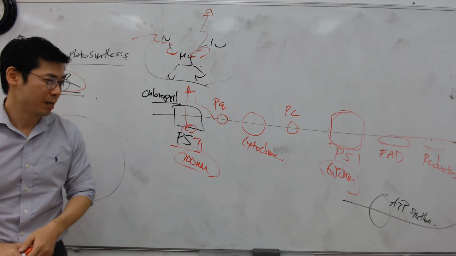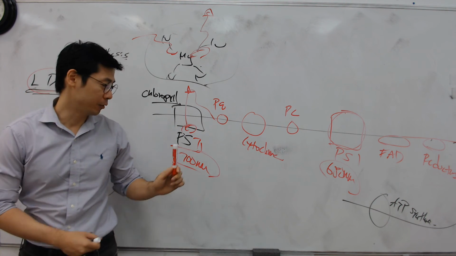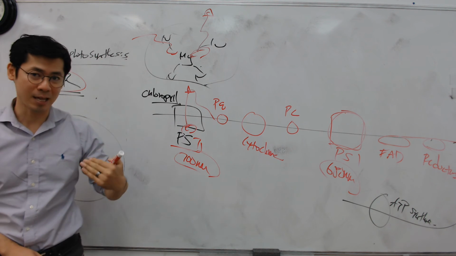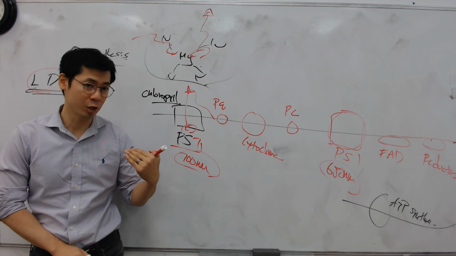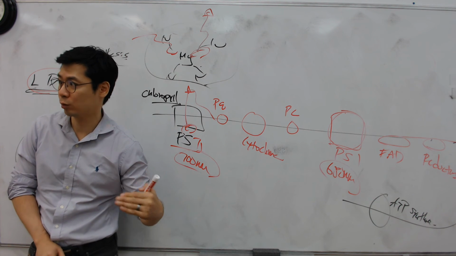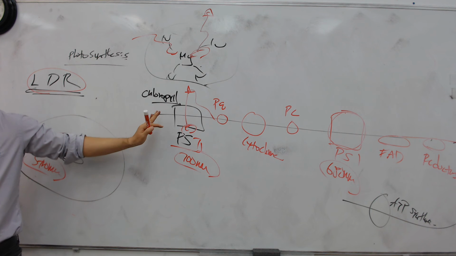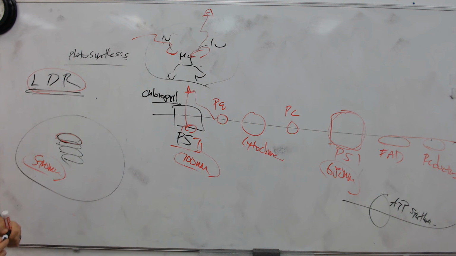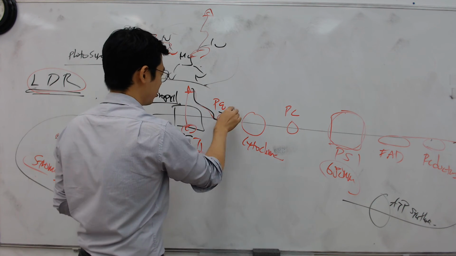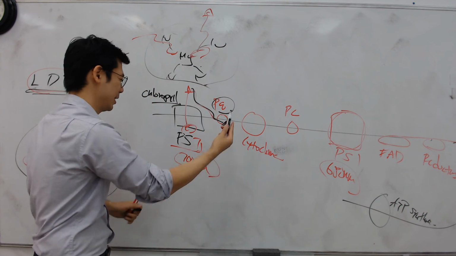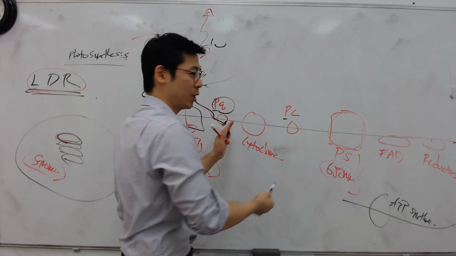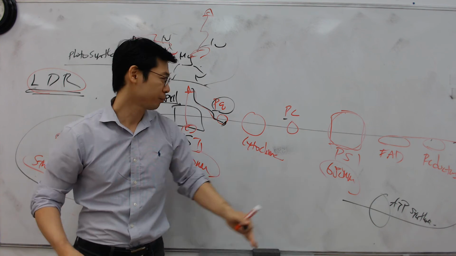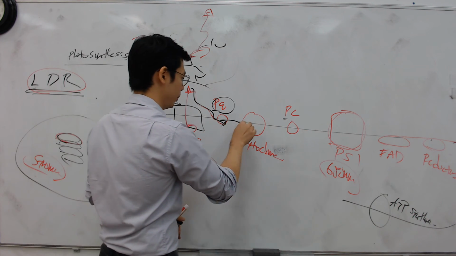Now, the difference between the ETC of the mitochondria versus the ETC of this one is where the high energy electron comes from. For mitochondria it came from the carbon of the glucose. What about this one? It's coming from the chlorophyll that's excited by the sunlight. That's the only difference. So the electron will be handed down to plastoquinone, which is just a carrier of electrons. Your teacher probably doesn't want to bring it up. Then it will be handed down to cytochrome.